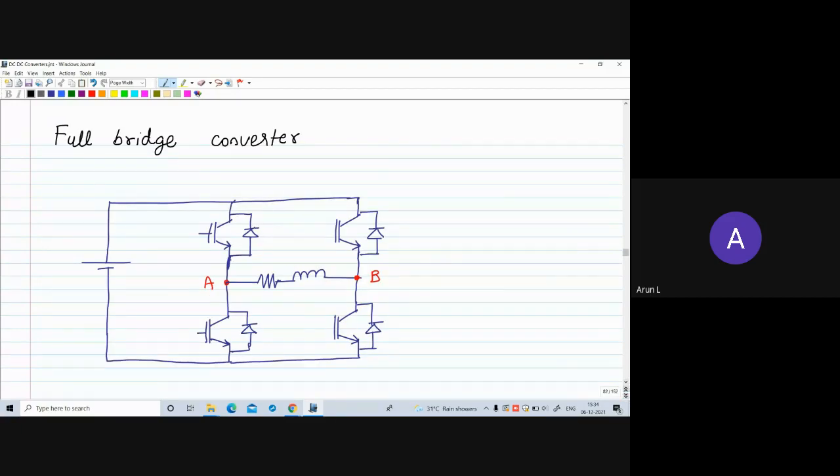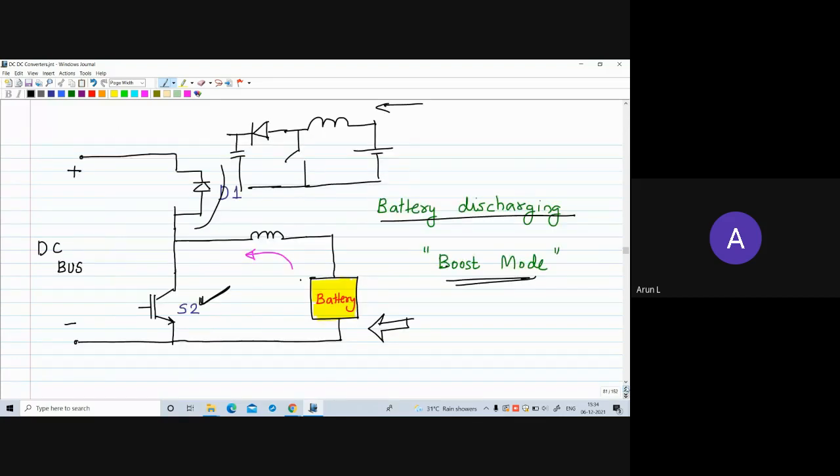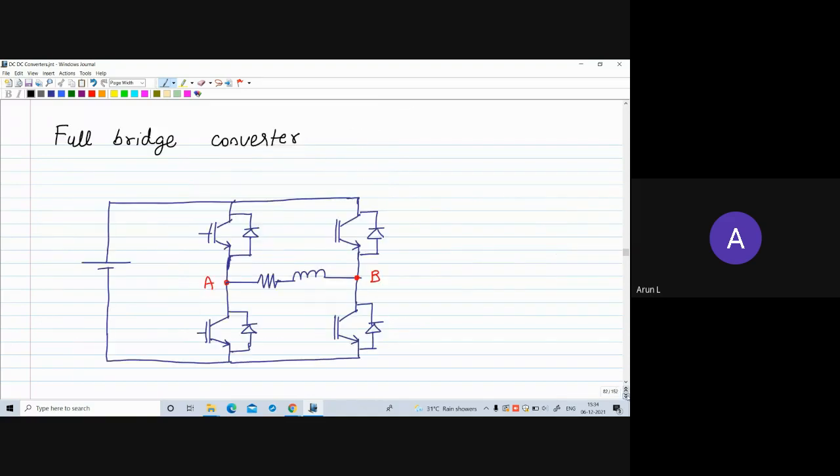Then if you want a bidirectional voltage capability on the load, if you want AC voltage on the load, here we got only bidirectional current flow on the load side. Voltage is still either VDC or zero. Still it is positive voltage. Suppose we want both positive as well as negative voltage on the load side, so alternating voltage on the load side. We can introduce two more switches and that forms a full bridge converter. Previously it was a half bridge. Now it is a full bridge converter.